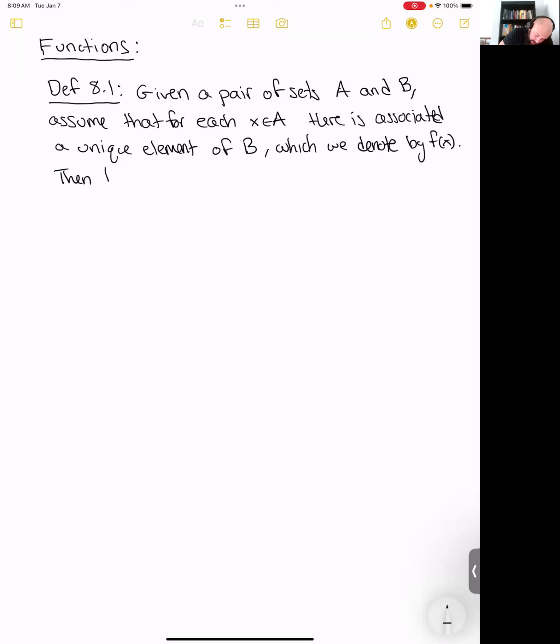Then f is said to be a function from A to B, denoted